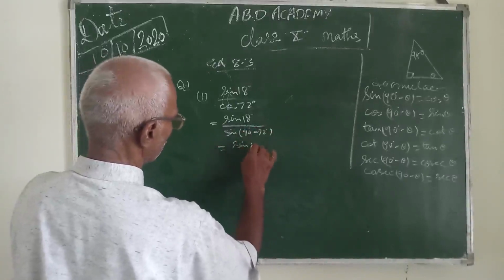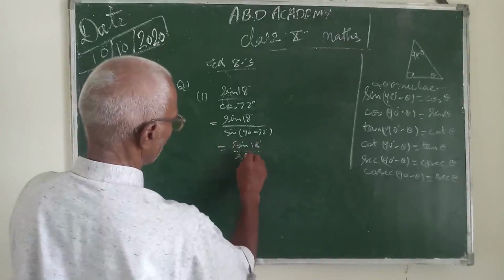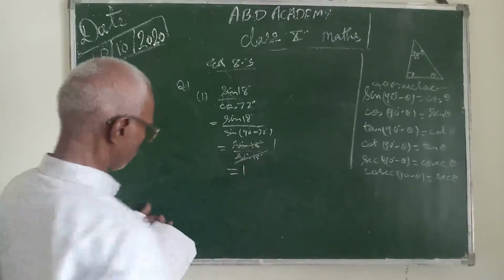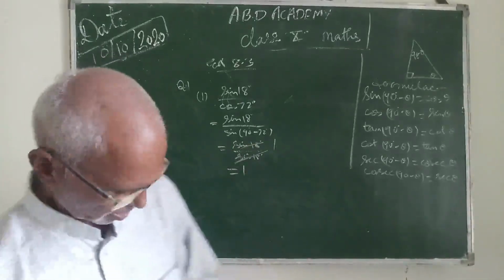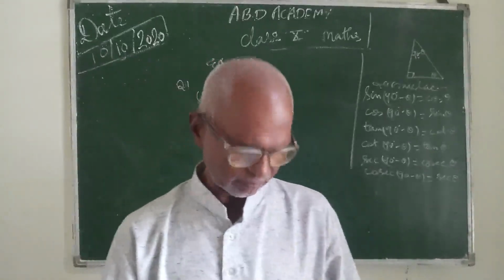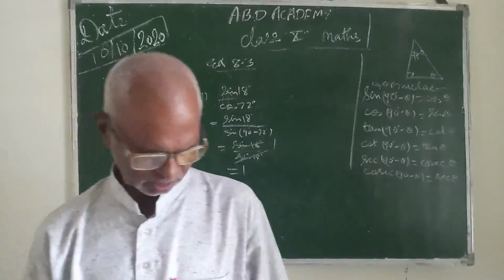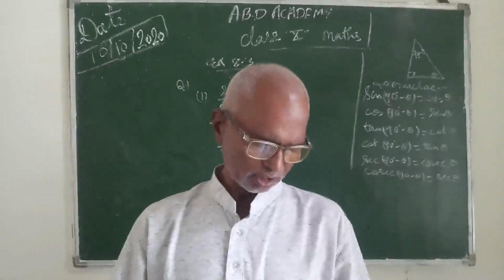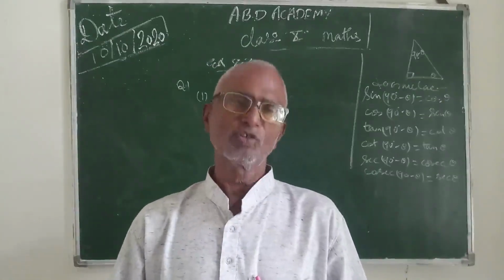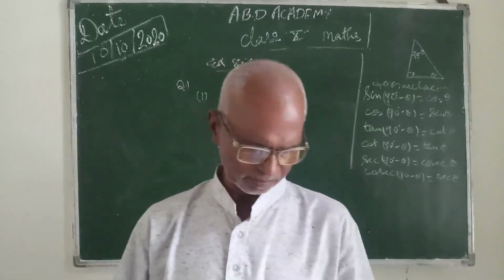In the numerator is sin 18. By this operation, the denominator comes sin 18 degree. Both are equal, they will cut, and the value comes 1. Likewise, in the second part, tan 26 and cot 64 are given. Similarly, leave tan 26 in its own form. Cot 64 can be written as tan of 90 minus 64. So both will come tan 26, below also tan 26, will cut and get 1.